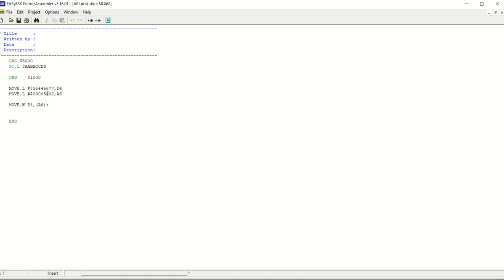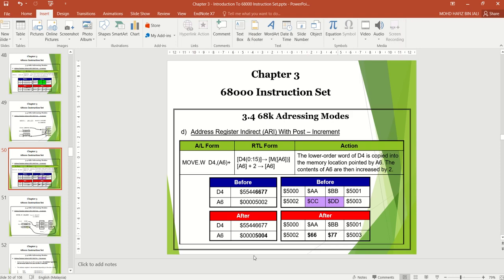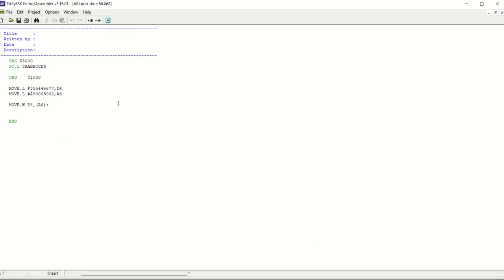And then you need to set the content inside the memory location 5000 to 5003. So it is AA, BB, CC, DD.